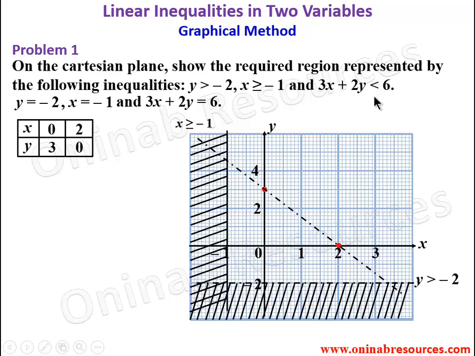Before we check the sign, we need to check the coefficient of y, not coefficient of x. Please listen. We need to check the coefficient of y, not coefficient of x,